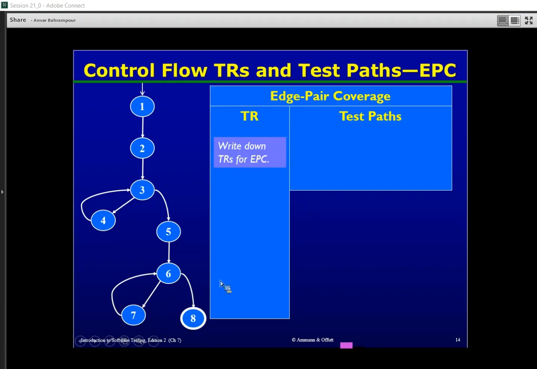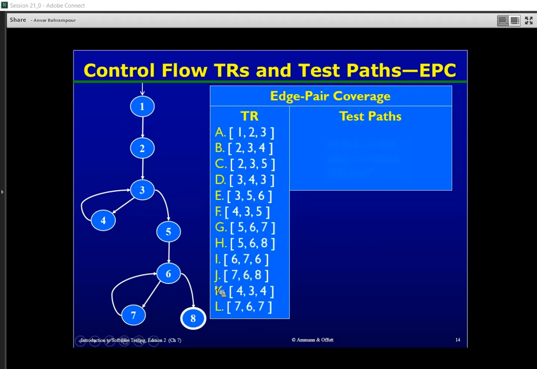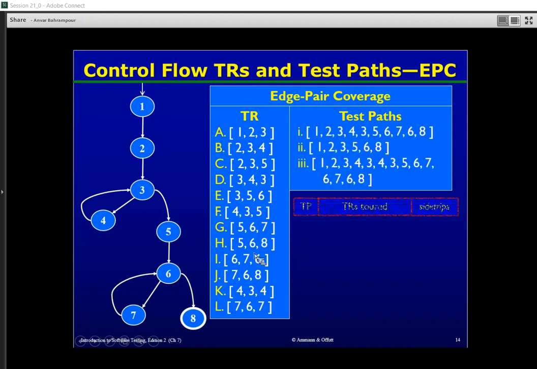All of these edge pairs should be considered as our test requirement for edge pair coverage, and we should define some test passes to cover all of these